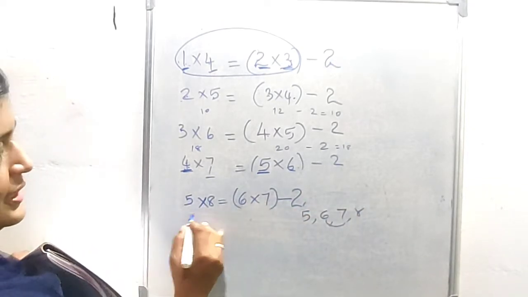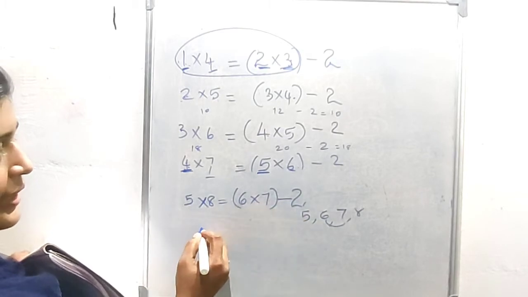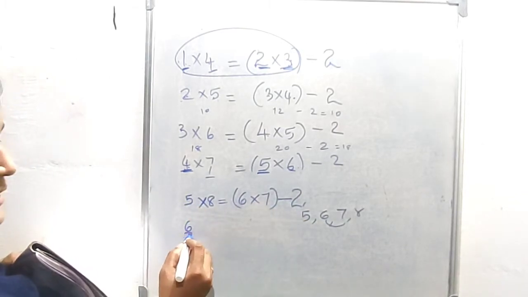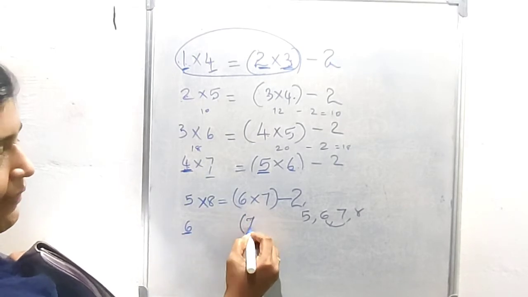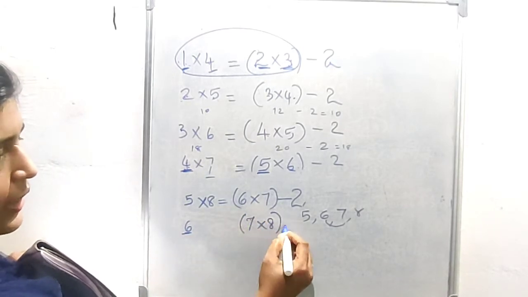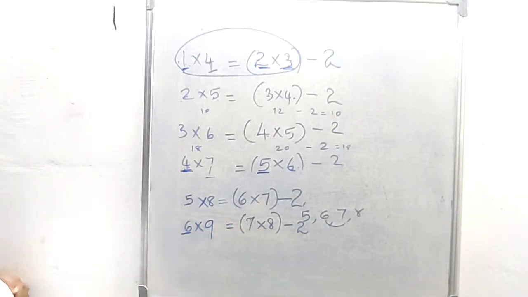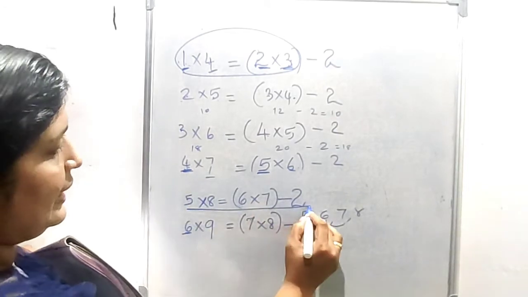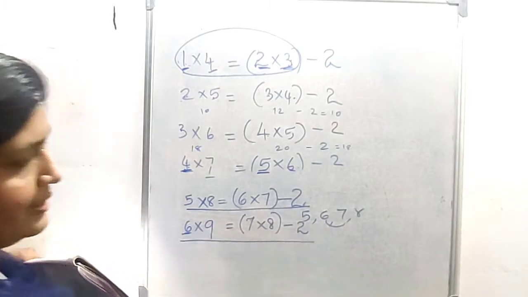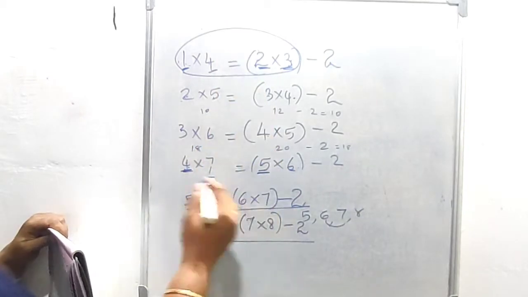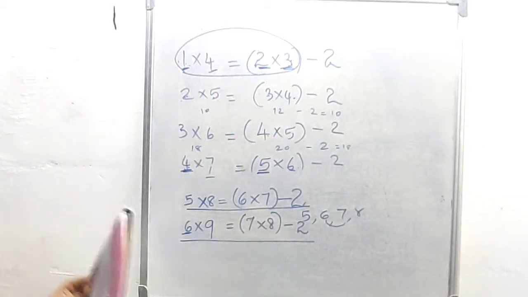And next line, how do we write the next line? Yes, 5, then that is 6. Okay, this 6 and here 7 and 8. Okay, minus 2. And which number is multiplied here? That is equal to 9. So this is the second line, and this is the first line and this is the second line. So the next two lines of this pattern, and this pattern continues like this.